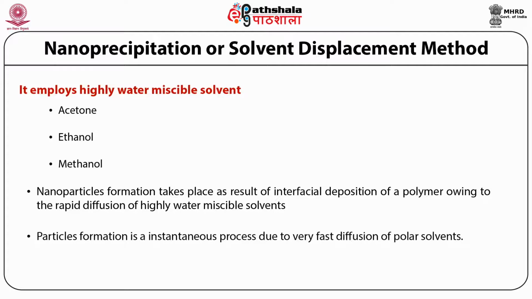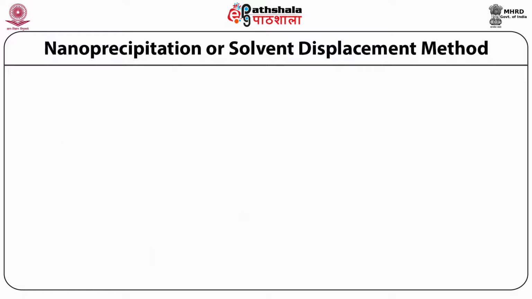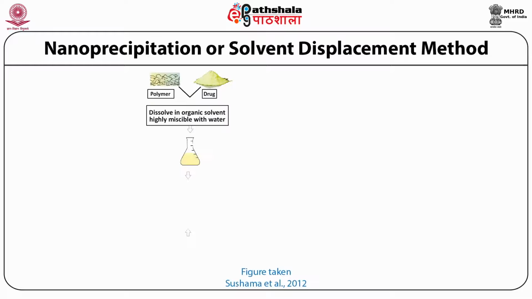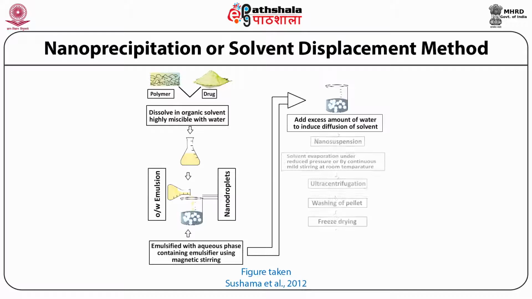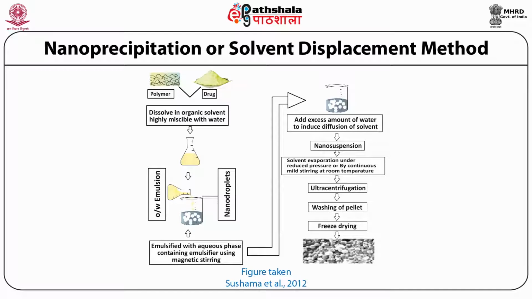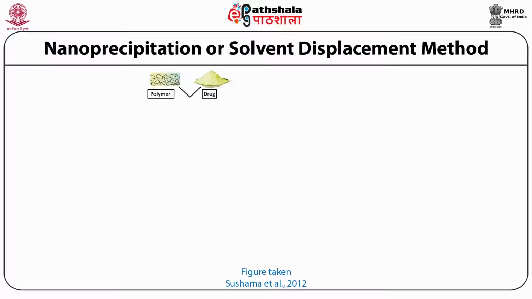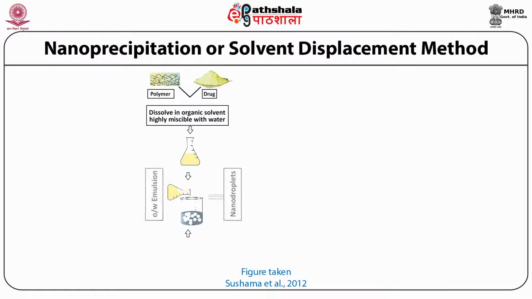Particle formation is an instantaneous process due to very fast diffusion of polar solvent. Now, let us discuss the process variables which make a great impact on the efficiency of the process in terms of particle size and entrapment. The process variables are almost the same as we discussed in the previous method, like polymer molecular